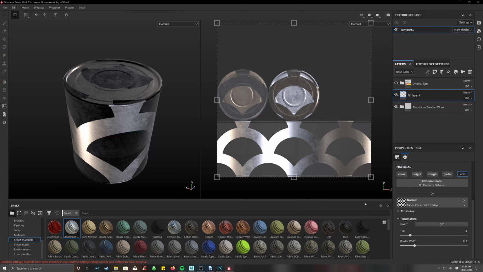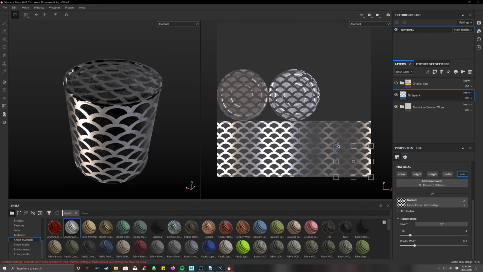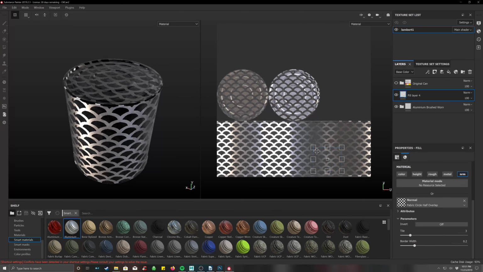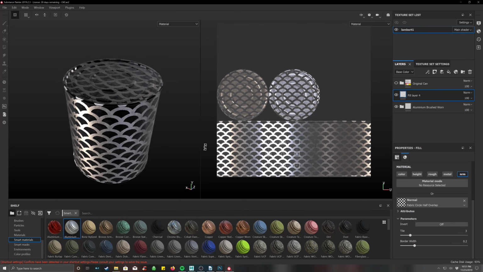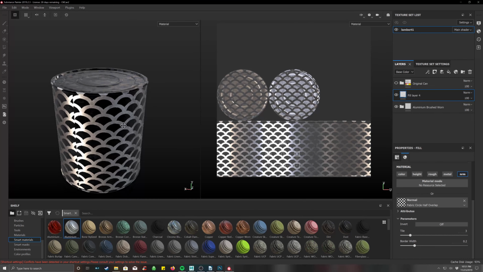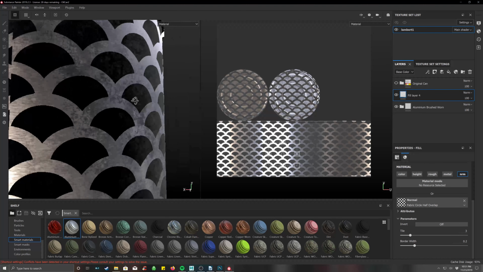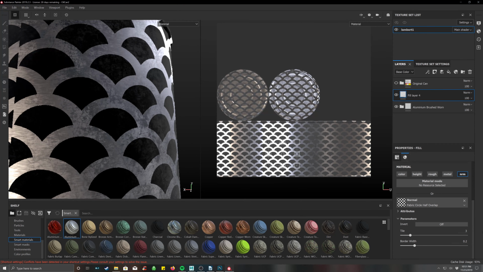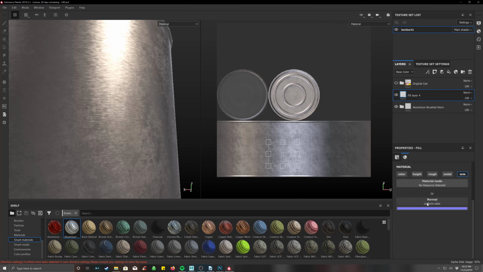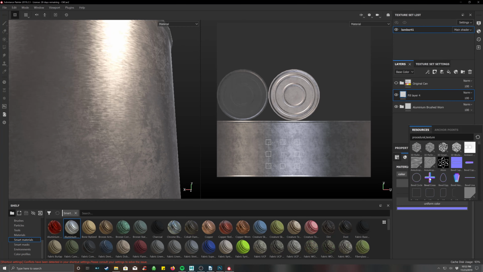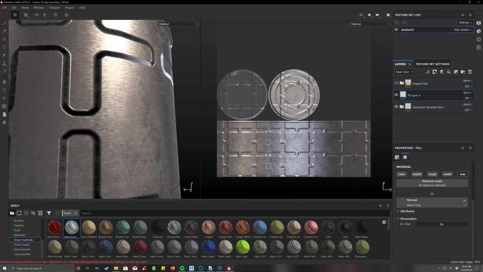Now I can use one of these alphas or whatever, but black and white maps do not really work, okay? You're going to get a mess. It's not really going to be a normal map, okay? So for normal maps, we actually have to use a normal map